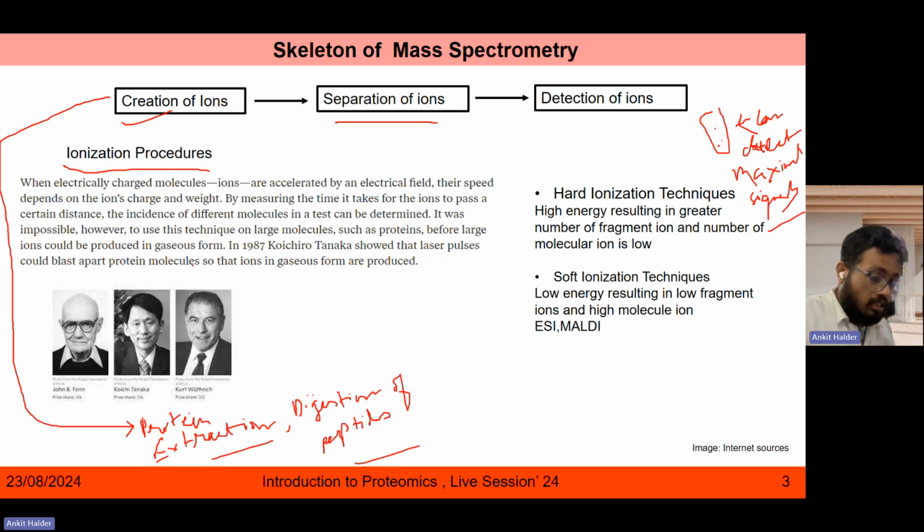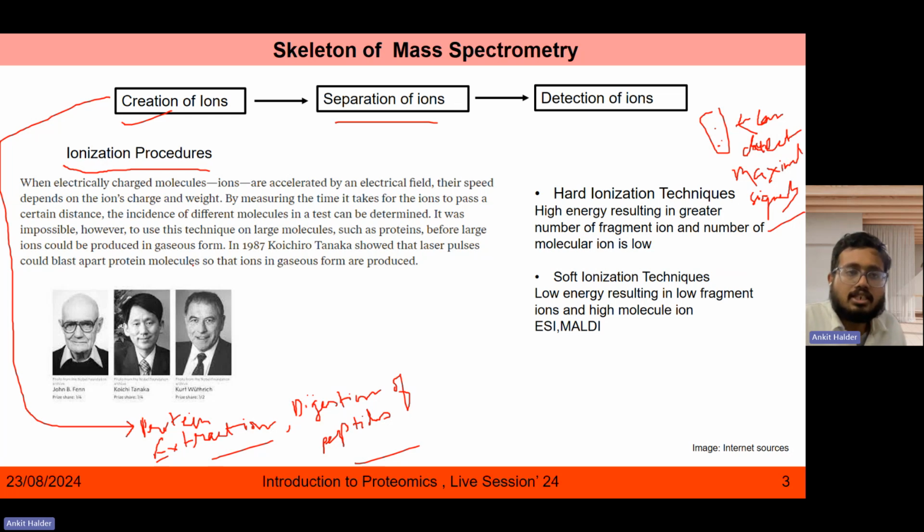Otherwise, the concept of mass spectrometry wouldn't have evolved so much if we couldn't create these ions and separate them. We will also look into the basic fundamental theory or concept behind mass spectrometry,